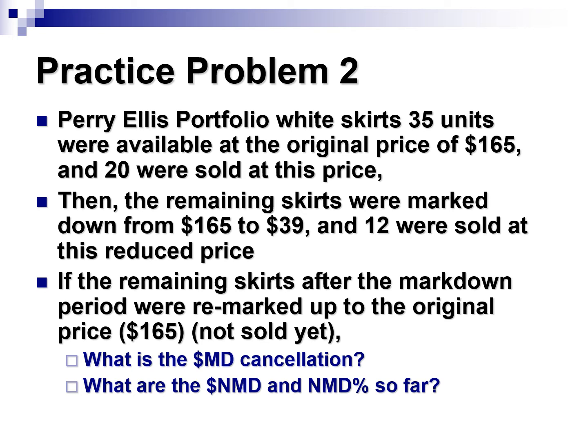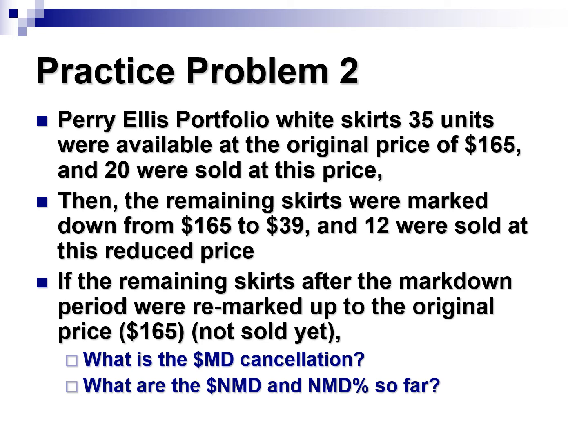Okay. So out of these 15 that were marked down, 12 were sold at this reduced price of $39. Okay. If the remaining skirts after the markdown period were remarked up to the original price, okay? So 15 items were marked down and 12 were sold. So what's left remaining unsold, okay? Those were 15 minus 12 is three skirts, right? Those 3 skirts were remarked back up to the original retail price after the markdown period because they were not